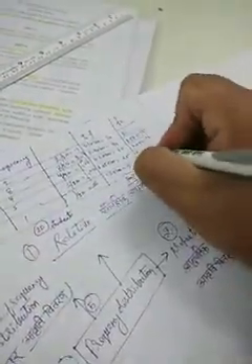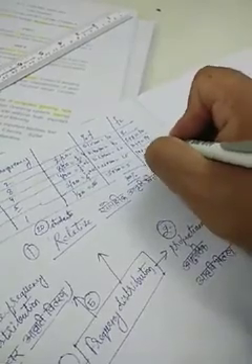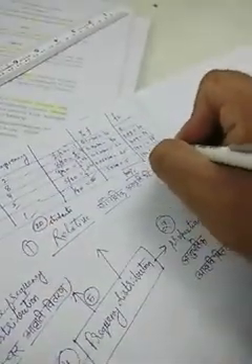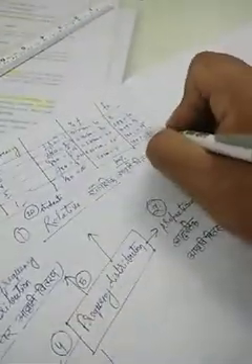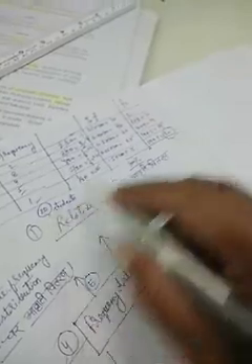For 6 marks, the cumulative frequency will be 14 plus its own frequency 5, which is 19. And for 7 marks, the cumulative frequency will be 19 plus its own frequency 1, which is equal to 20. So here also the last value of cumulative frequency must be the same as the total frequency. So this is called cumulative frequency.